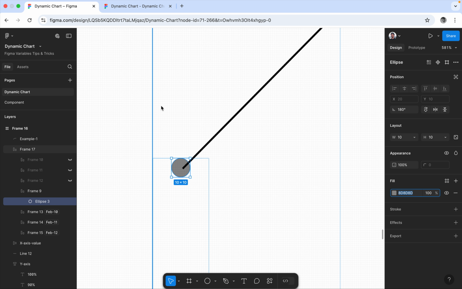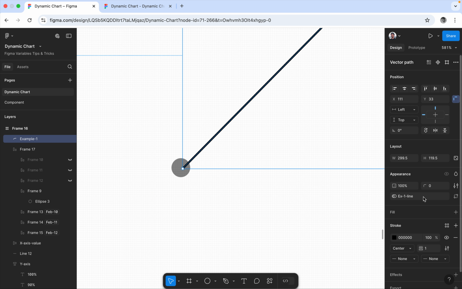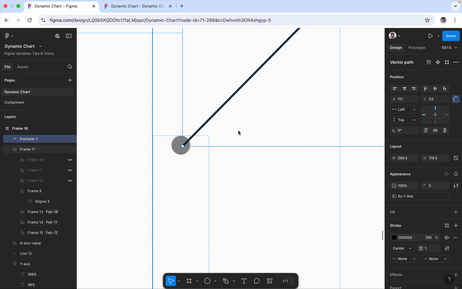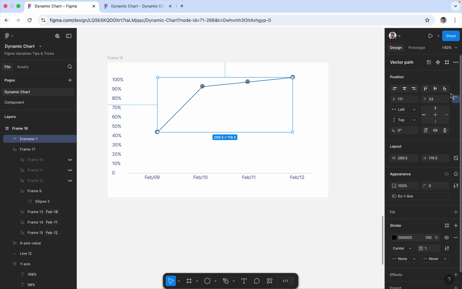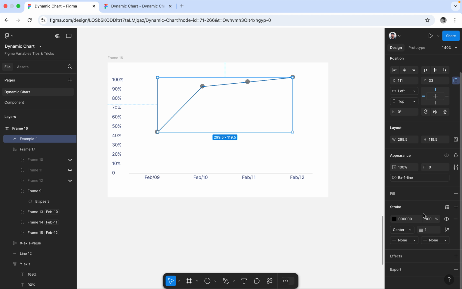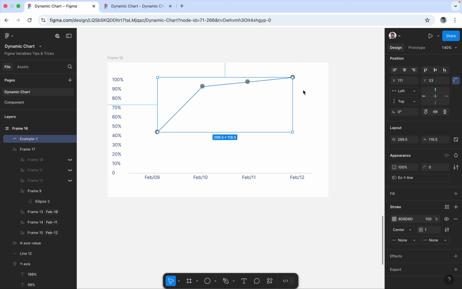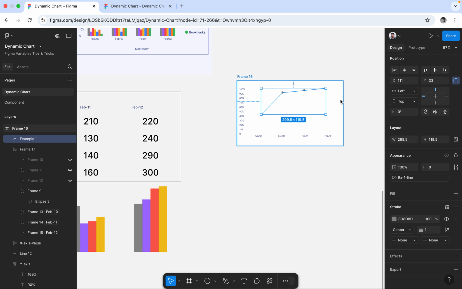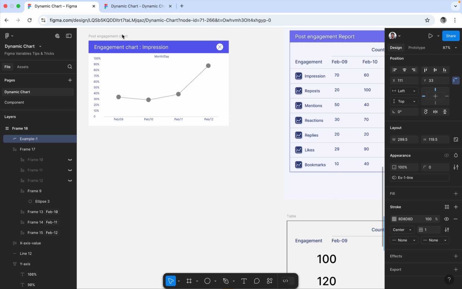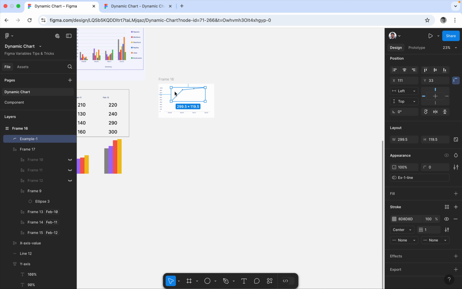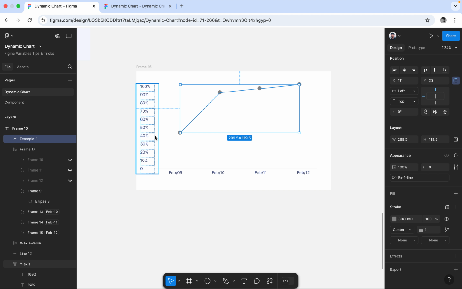Just take this color, select this line, and line is throw color. You can change it to this. So this is done for the example one, or you can say the impression which is created here. While we click on this impression, it is showing this. Now the next is another one